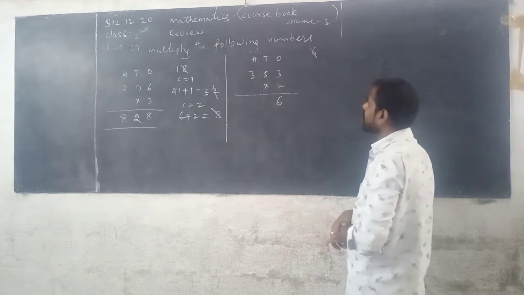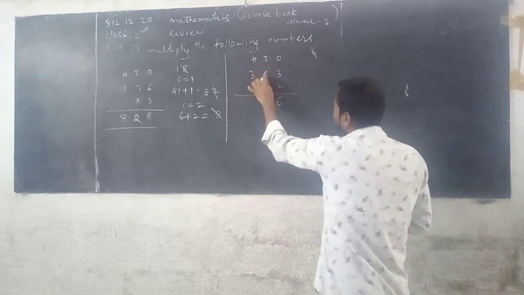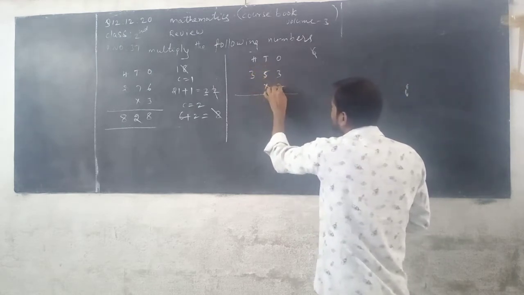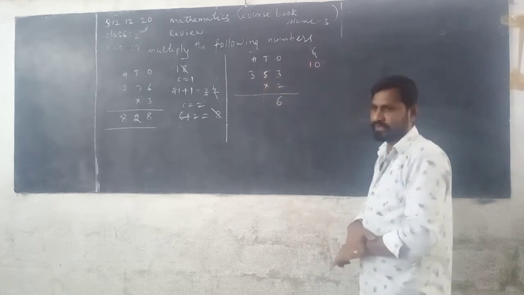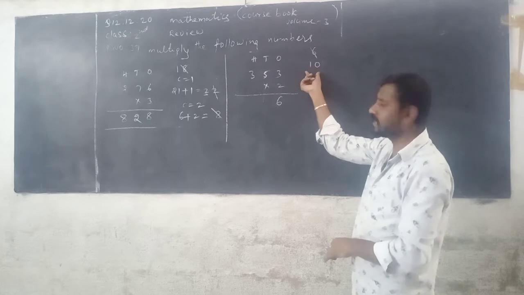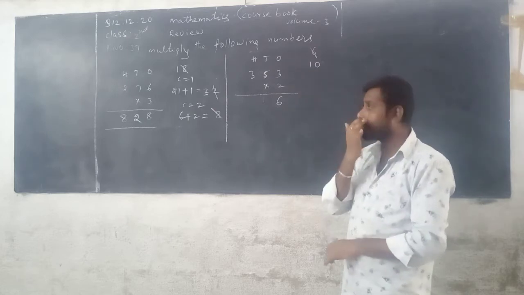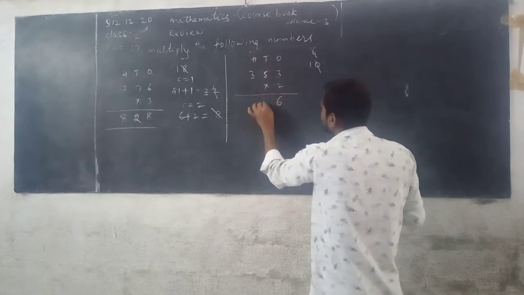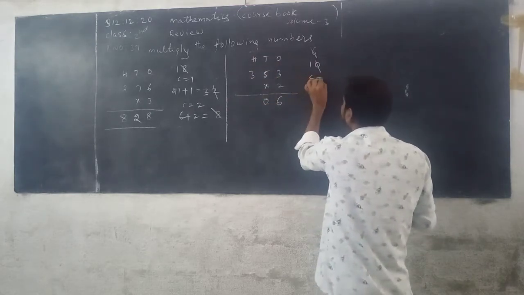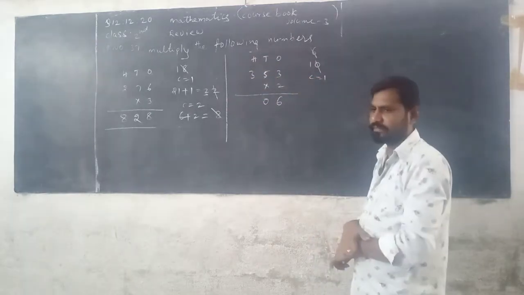Now next we multiply the digit in the tens place, that is 5 with 2. Then you can read the 2 table. 2 fives are 10. 10 is a 2 digit number. So it has a taking and carrying. 0 is written down in the tens column of the product and carrying 1 on it. C is equal to 1.